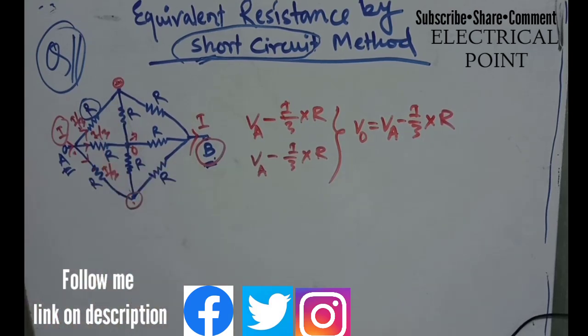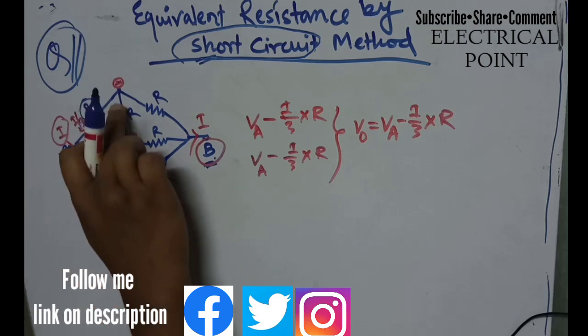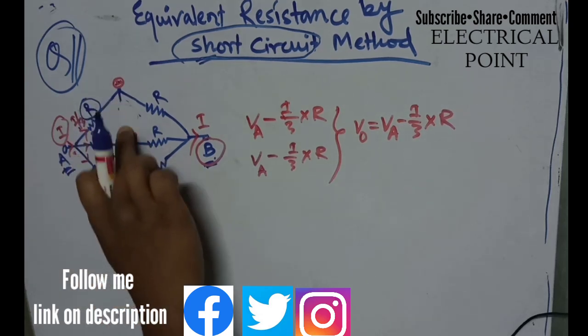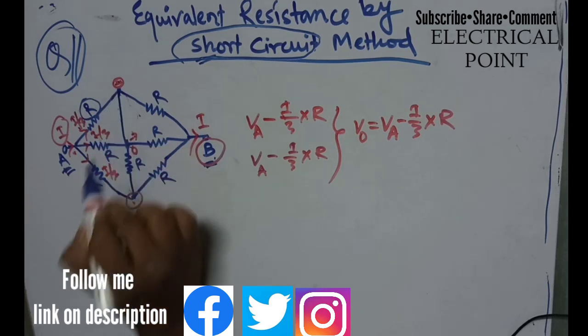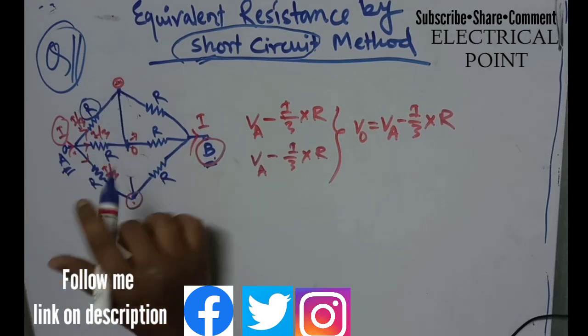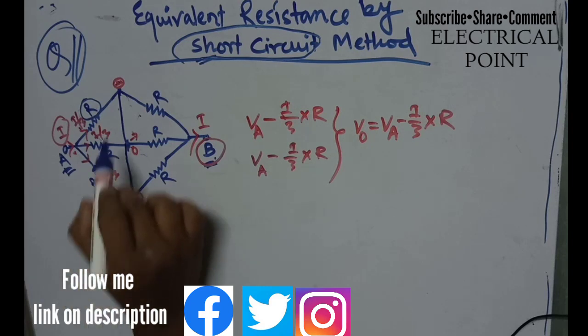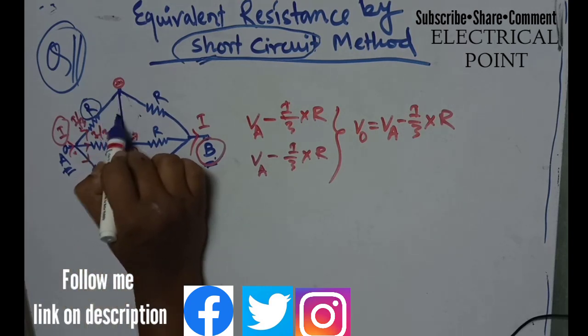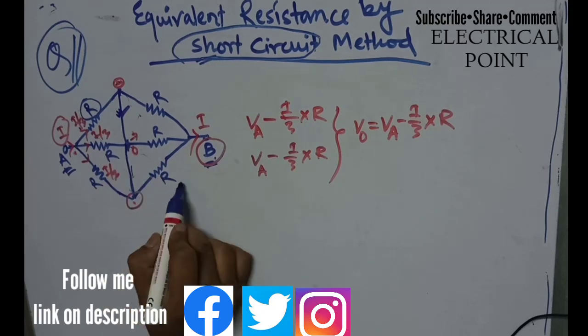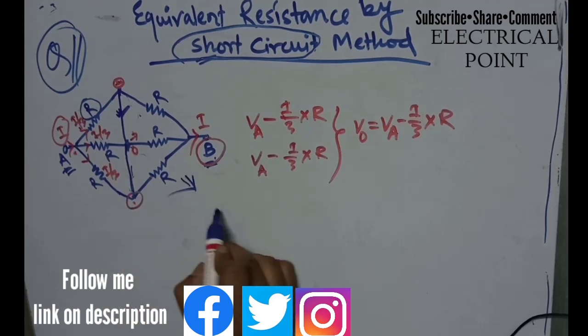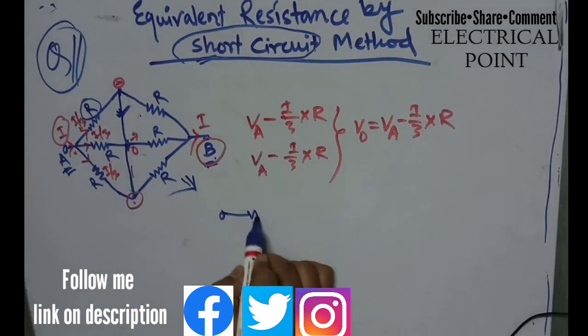So here we have the concept of short circuit. When we get the same potential at 3 points, or more than 2 points, we simply short circuit the points and remove the resistances in between them. Now you can see the circuit will look somewhat like this. I will remove the resistances and put a short circuit path between these 3 points. Now if I simplify, the circuit looks something like this.